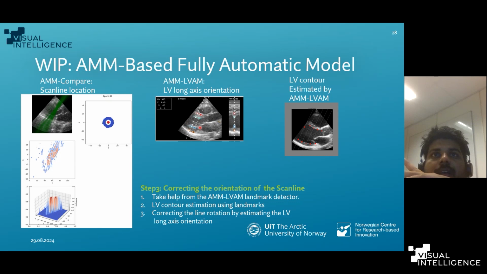This model gives feedback to that model, and that model can give feedback to the right model. In this way I'm doing some experiments, trying to correct the rotation and make this approach fully automatic by training the two approaches and proposing an algorithm to automatically perform clinically relevant